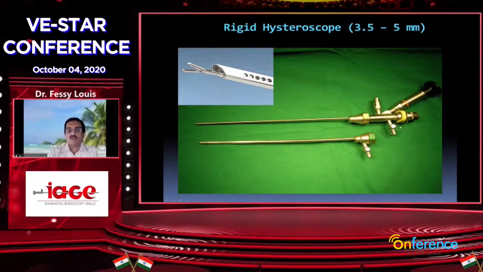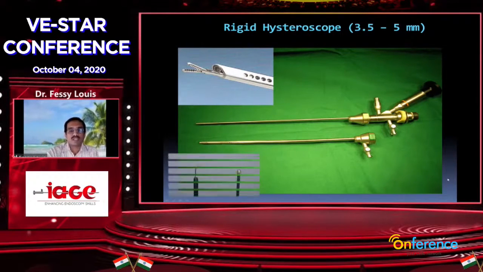Both are good. I am comfortable with this, but the vision is slightly less. Whatever instruments we can pass through it, but the channel is separate. Inflow and outflow channel is separate. So whenever we introduce any instruments, either the cannulation or the septal resection or scissors, the vision is not much, but otherwise we have to increase the pressure to get proper distension inside the uterine cavity.